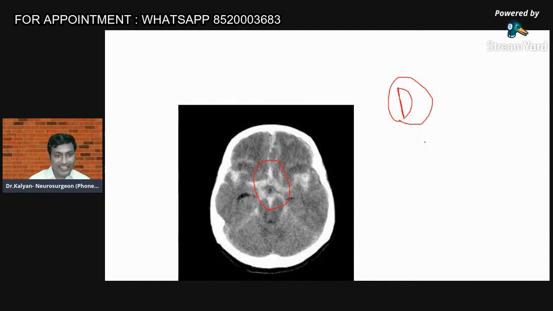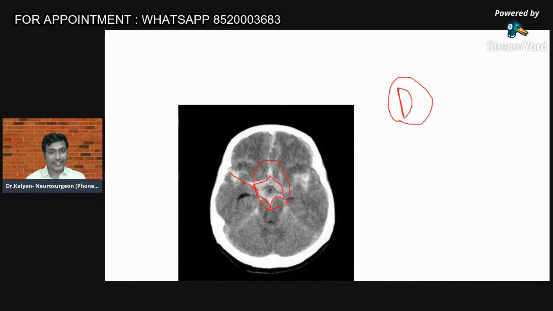No. What is this pentagon shaped structure? I've told you. Dr. Sujan, you have said mid cerebral. No. What is this pentagon shaped structure? This is a suprasellar cistern. What is this fissure? This is a Sylvian fissure. So the blood is located within the cisterns and the fissures. That is, it's located in the sulci.